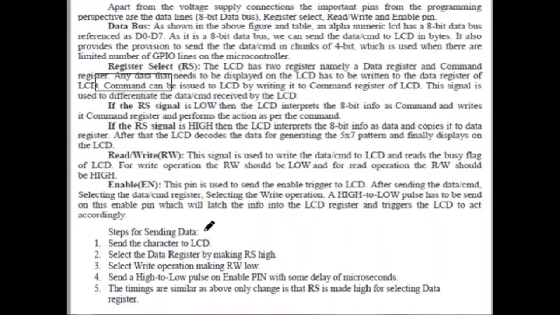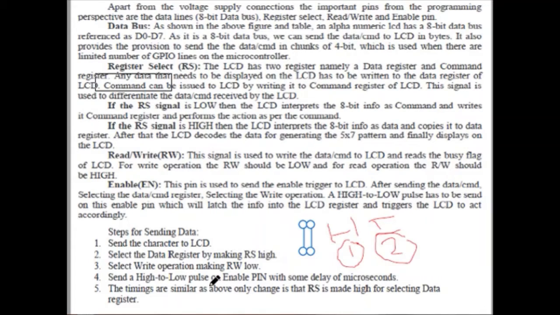In order to send the data, first you have to send the character to the LCD. Say if you want to display HI. First I have to send the character H, followed by the second character I, one by one. Once you use it properly, then you have to select the data register by making the appropriate setting at the RS.